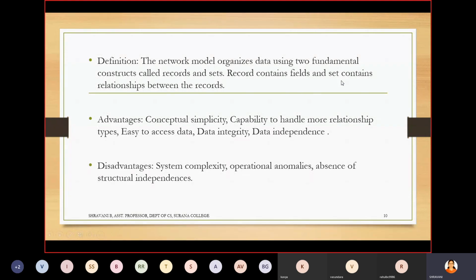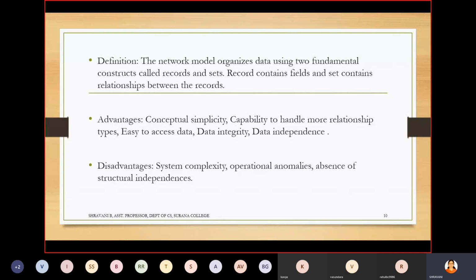And what is a set? It is a relationship between the records. That means n number of records which constitute together with a certain relation is called a set. For example, the roll number is related with your marks. For your roll number, you cannot get some other marks, right? Your name is related with your roll number, your roll number is related with your marks, and your name is related with your marks. So there is a relationship between every field, right? That is called the record set.